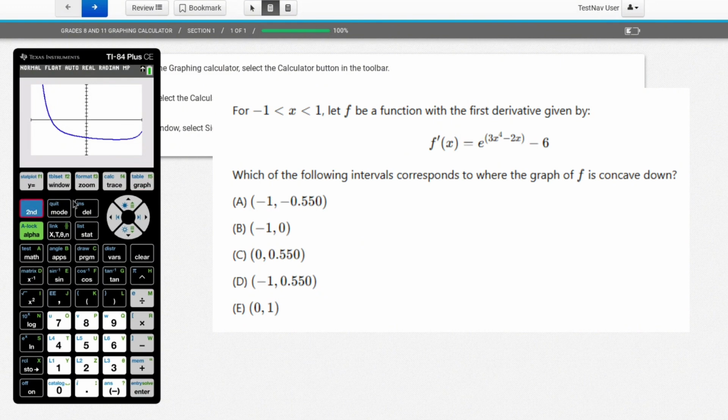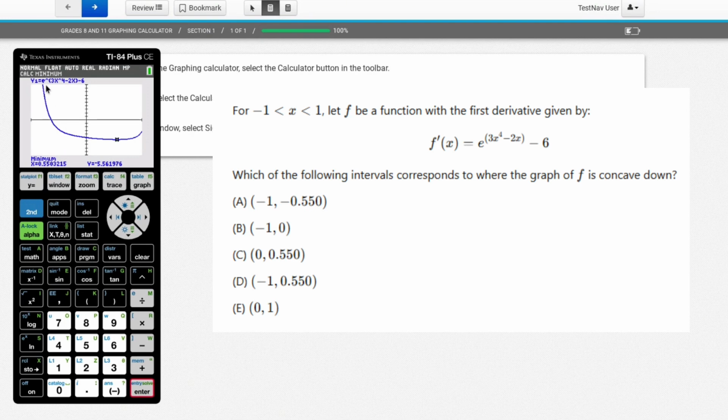So let's go to second calc. Let's do minimum, which is option 3. The minimum is right around here, so we can hit enter right away and then just move to the right of it. Move to the right of it, and here it starts to increase right there. Hit enter, and our minimum seems to happen at